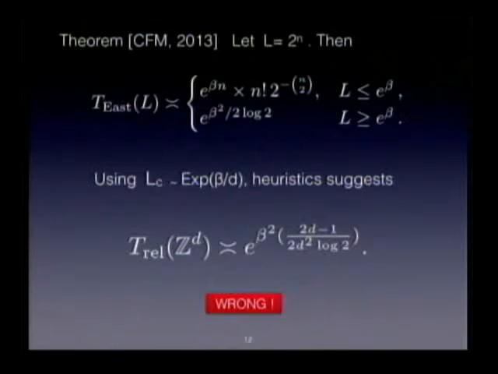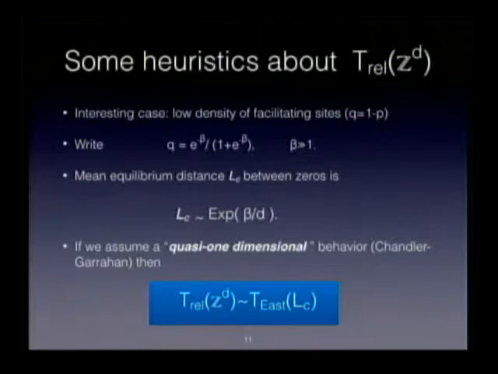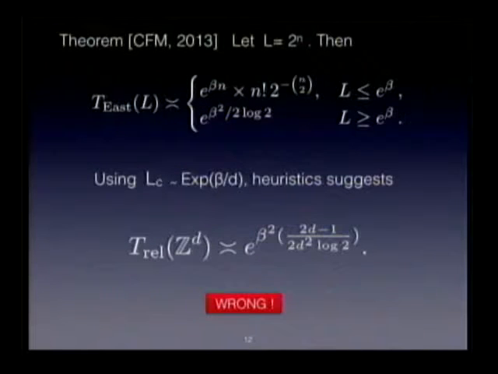As soon as L becomes bigger than that, this estimate becomes saturated, so it doesn't change anymore, apart maybe from a multiplicative constant. And so this is the correct expression for the relaxation time. Now, we know that we should use this expression for L, and therefore, if you plug the correct formula for this quantity into this formula, you get this asymptotic